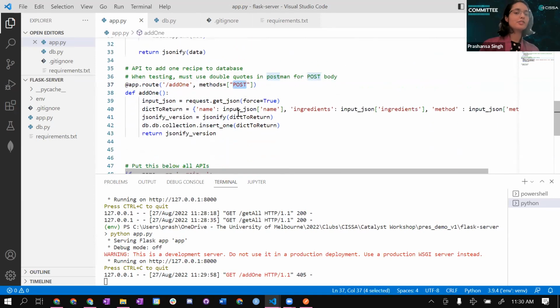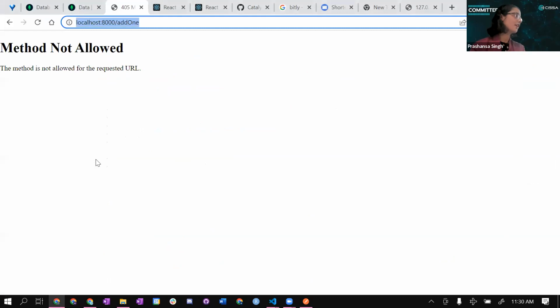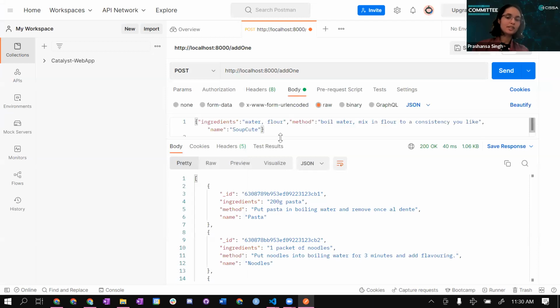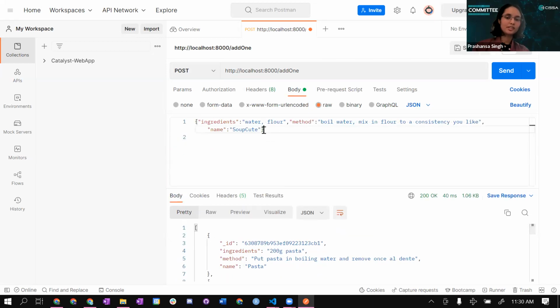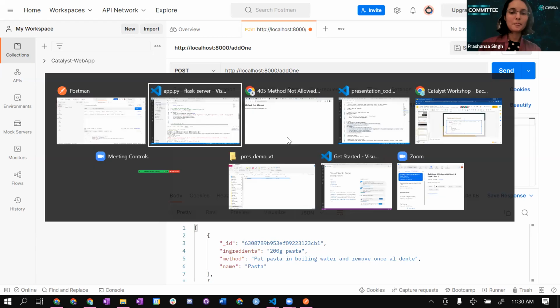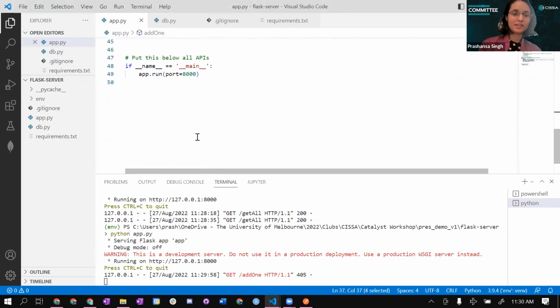For post, you can't use your browser. You have to use some kind of API testing tool, something like Postman. So what you do is you go to the endpoint, you make sure you change this request to a post, and you put something into the body. You can put anything, but you want to put a recipe because that's what we're expecting. So I've got a recipe